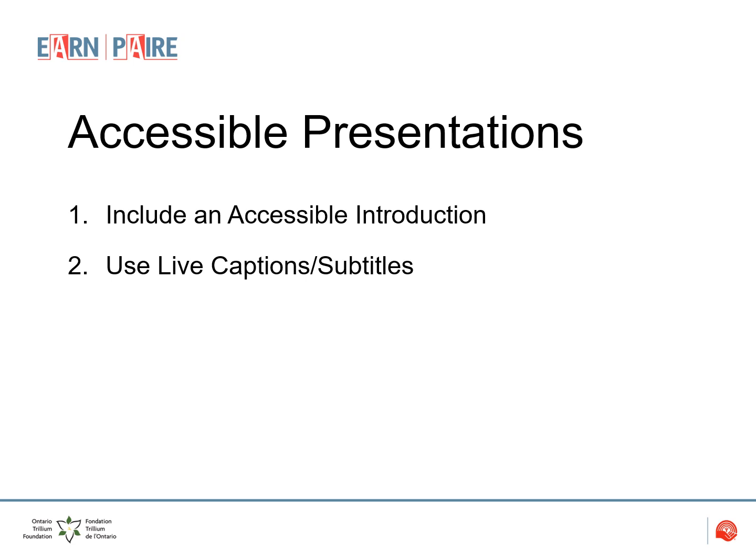Describe any images, read any text that appears on the screen, and describe anything that you gesture at as if you were explaining it to someone who isn't in the same room as you. This helps to make content more accessible for people who are blind or visually impaired, or those with sensory disabilities.